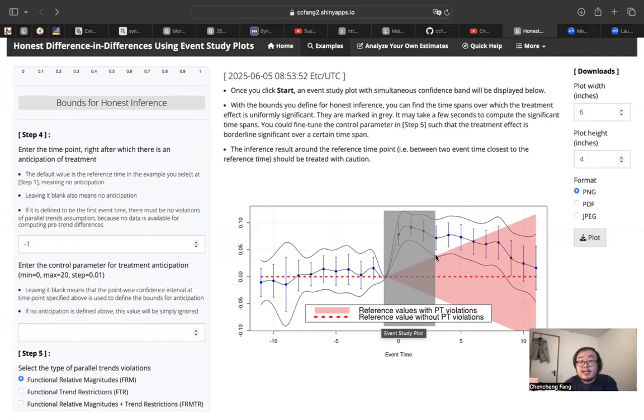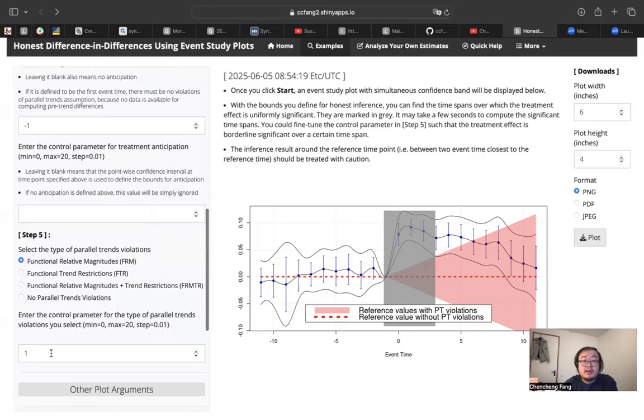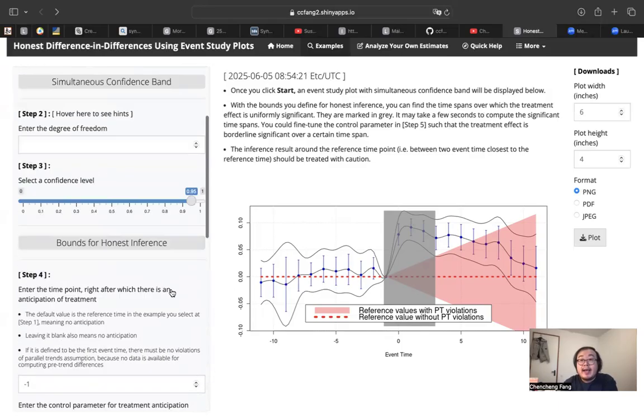If it overlaps, for example, in this area, then the treatment effect becomes insignificant over that time span. But if it does not overlap with the simultaneous confidence band, for example, in the gray area, we consider the treatment effect statistically significant, even under a violation of the parallel trends assumption, as we define here with such a control parameter. Okay, and you could also simply download the plot by choosing the format as well as the plot